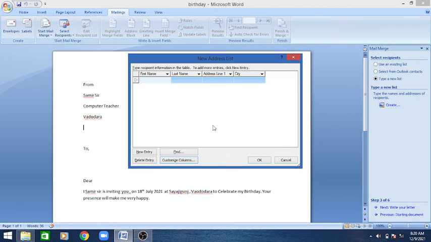Press OK. I can see first name, say my friend's name is Dhaval. Last name, just one alphabet, I'm writing S. Address, say Fatehganj, FATE, that much is sufficient, and city is Vadodara.